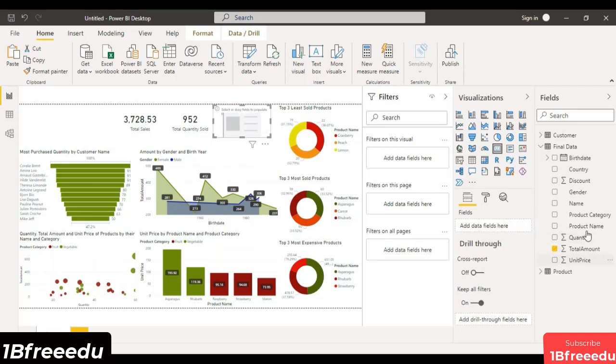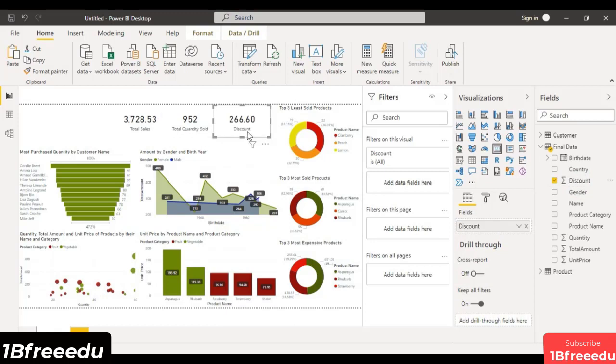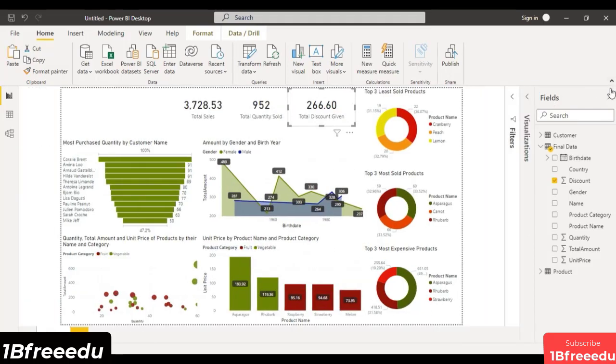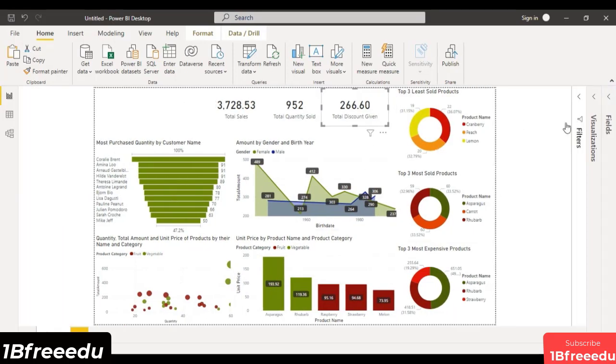Okay, then we also gave some discount, so let's just paste it again for the total discount that was given. So let me just get this discount field and drop it over here. So this is the total discount given. So let's just add the appropriate title, that is total discount given. Okay, just like this. And now if you want to add some more data, you can add that as well, but this much is sufficient, I think.